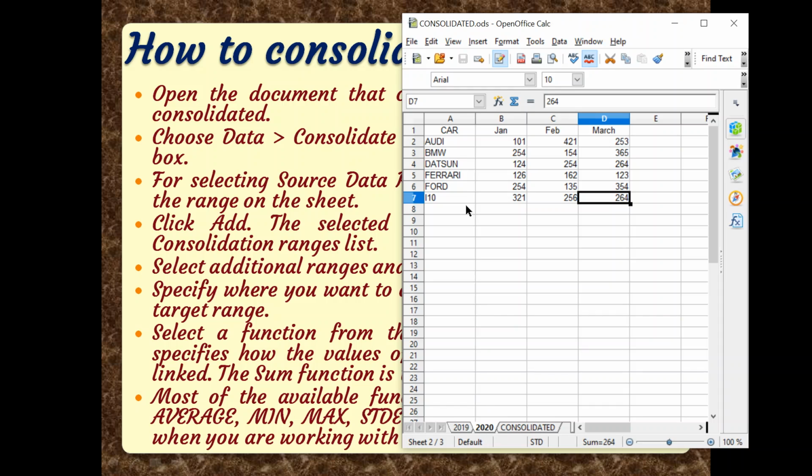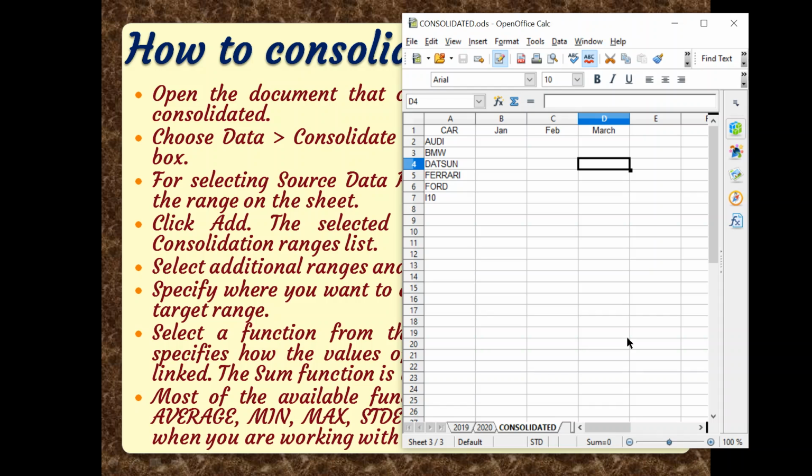In the same way you can have 4 years, 5 years, 10 years, 15 years, or month-wise data, but the condition is your data must be in the same format. You can see in 2019 there are the same cars and the same months, then in 2020 also the same cars and the same months. Fine. In the same way, as many records as you have, suppose from 2010 you have records, for them also it is not necessary right now. For showing you the consolidating data feature I have created these 2 records, right? Then the third sheet I have named consolidated. Here we will create a summarized or consolidated report on the basis of these 2 years.